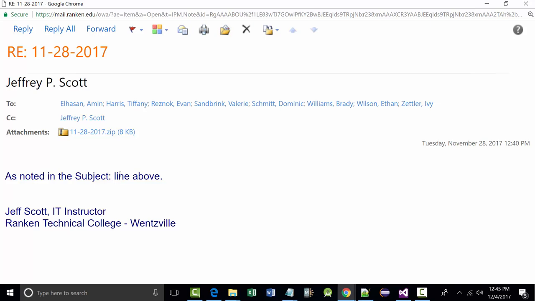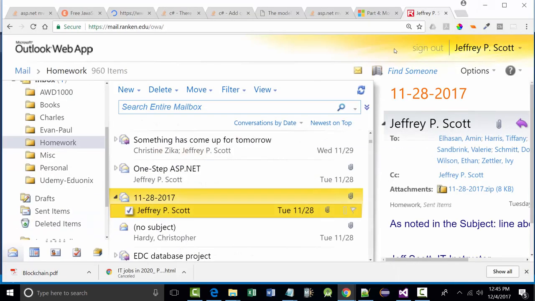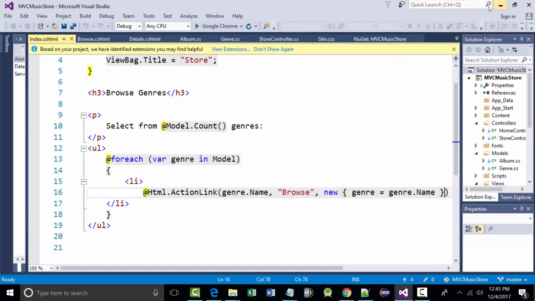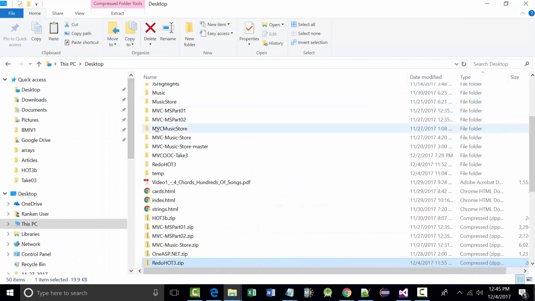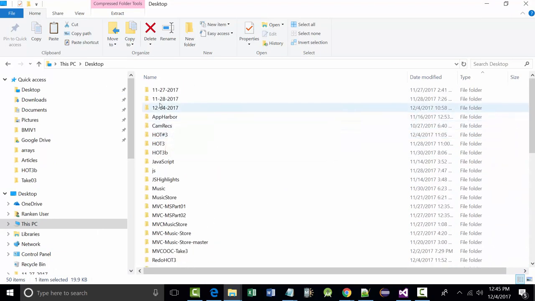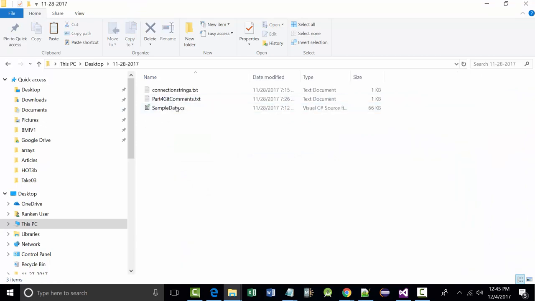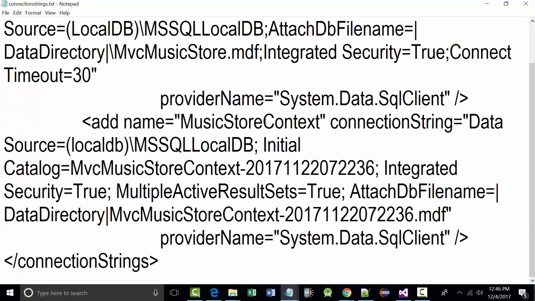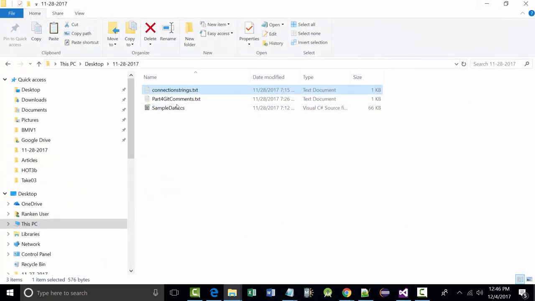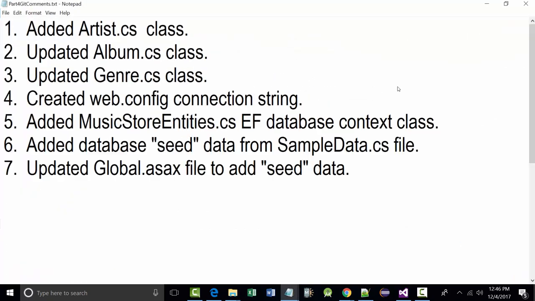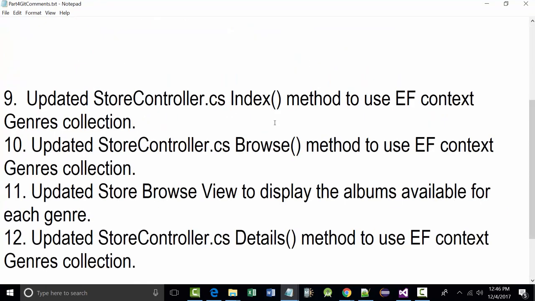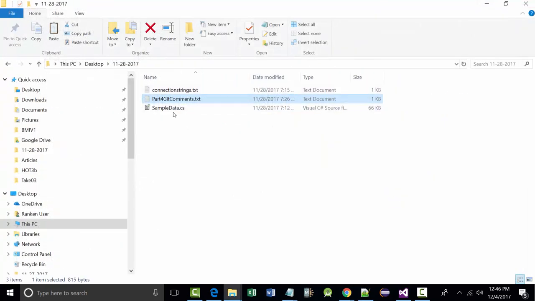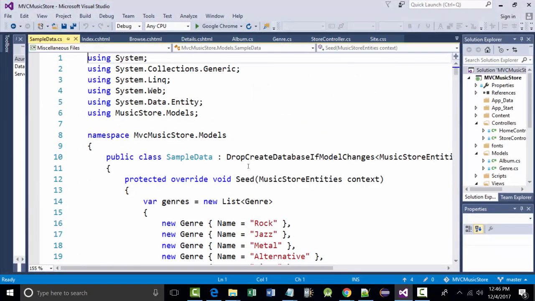But what should be in that email, if we take a look, is it's got this in it. If you look up on the screen here, the first thing is it's got this connection string that we're going to need to drop in. We're not going to do it exactly like that, and I want to explain why in just a couple minutes. But that's the first thing that's in there. Next, the comments for this I've already written, so we'll just be able to drop those in when we get all done. All right. But the main thing that's in there is this sample data.cs,